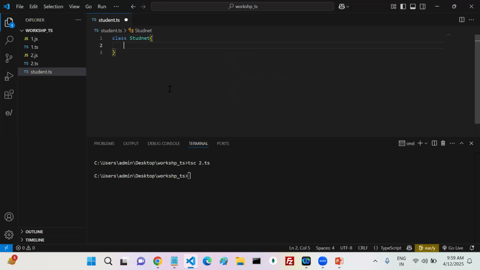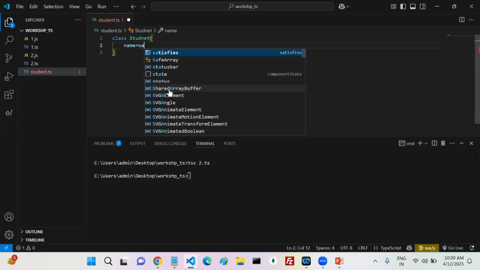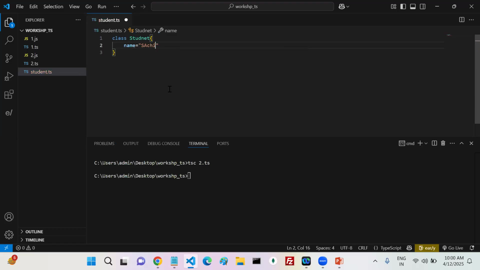Two variables, one method. What is that variable? Var name. Okay, here name is equal to what? Sachin. Name equals Sachin. The next one is what? Roll number equals 99. Yes or no? Did you mention any type? No. That's the reason my roll number I can write ABC also.